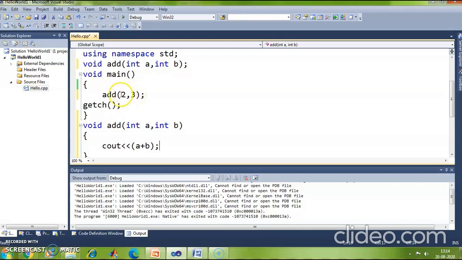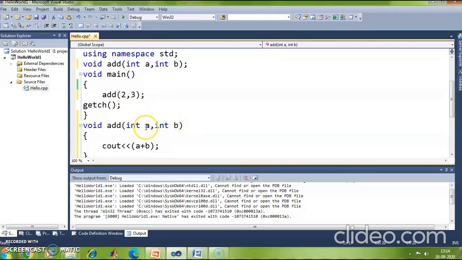So this constant value, integer constant value 2, is being passed to this function, and this variable a holds the value 2. What is the second parameter being passed here? It is 3. So this 3 is assigned to the variable b.